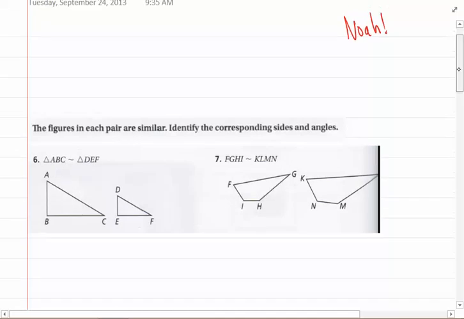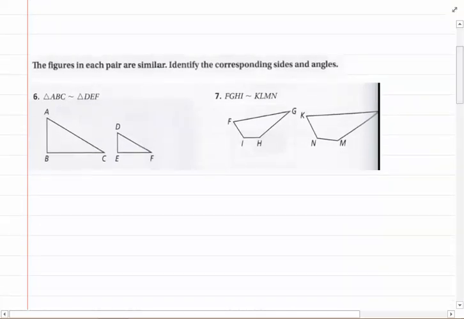Okay, let's look at number 6. We're looking at similar figures and using proportions to solve them. So if you want to look at number 6, it says the figures in each pair are similar, identify the corresponding sides and angles. So basically we're just going to write down the corresponding sides